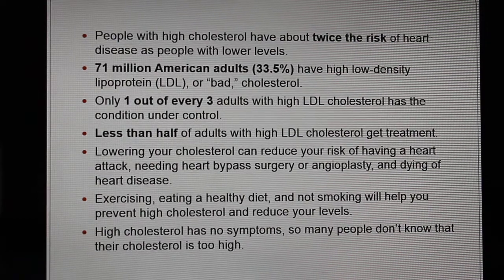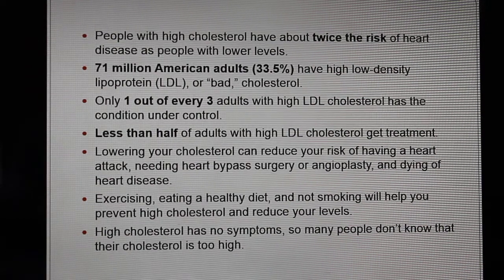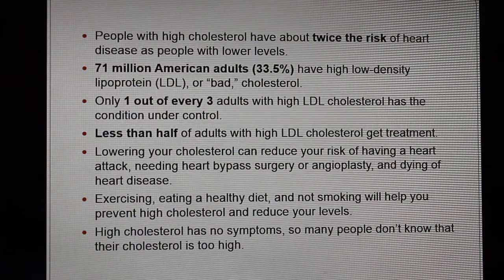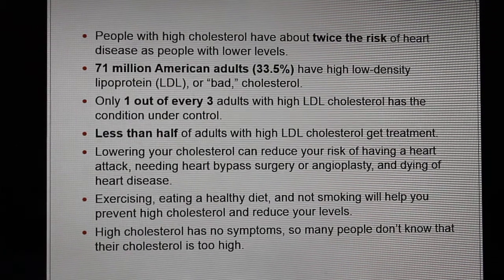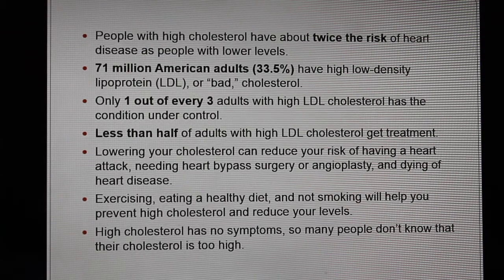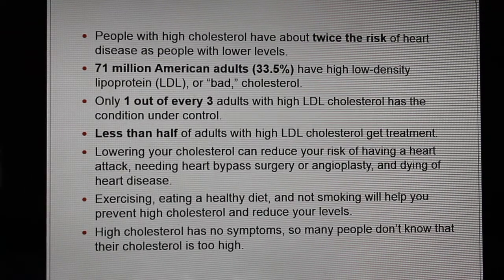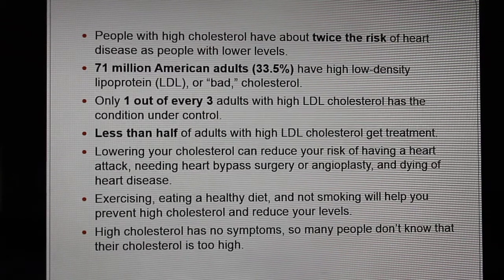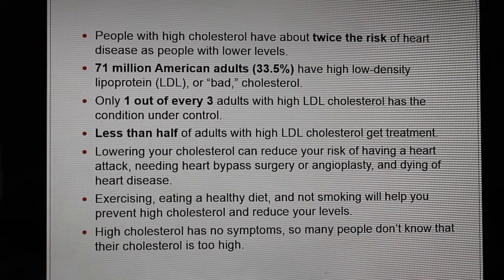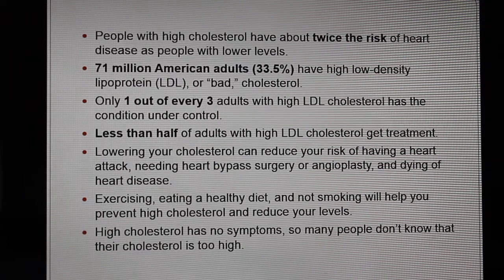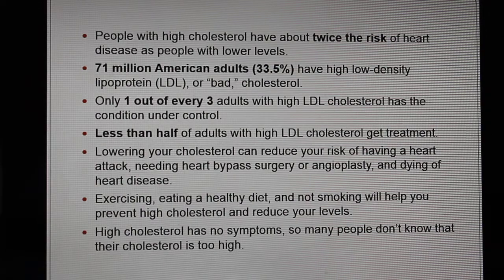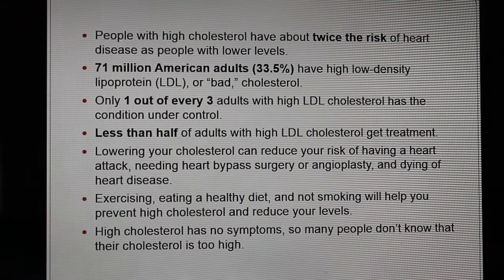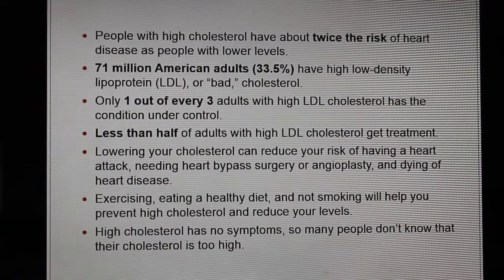High cholesterol has no symptoms. Right now, I don't know what my cholesterol is. You guys probably don't know what yours is, but according to the statistics, all of us have some varying degree of coronary artery disease. In our 20s, 30s, 40s, we start developing it. We think we're invincible in our early decades. It's not until we start to get symptoms in our 40s and 50s that we start paying attention, but at that point, we've already developed those plaques in our vessels.